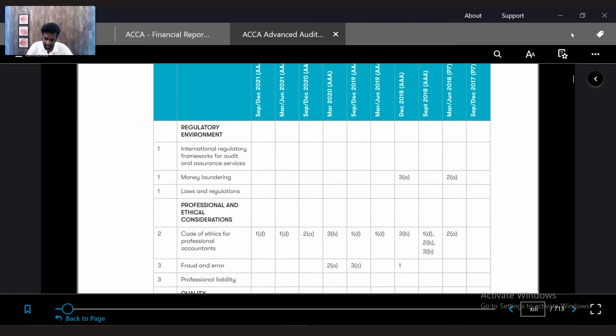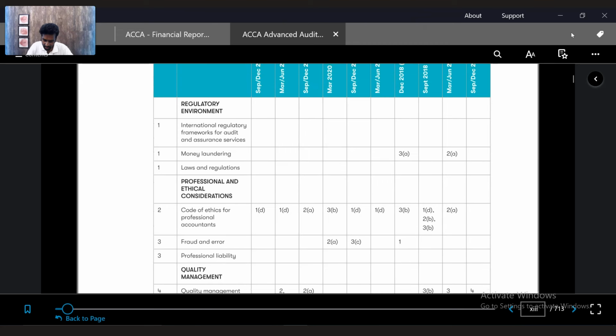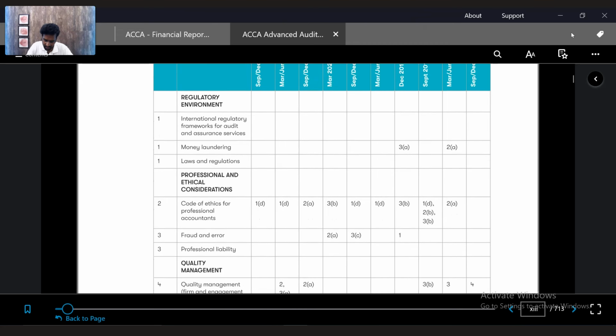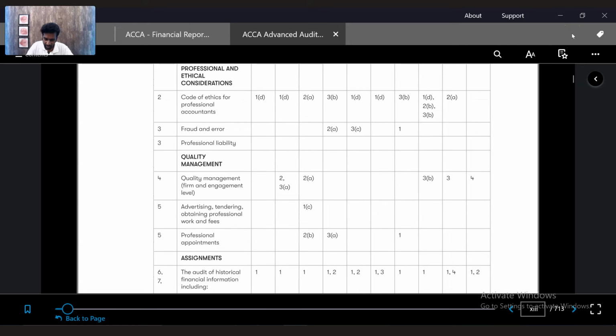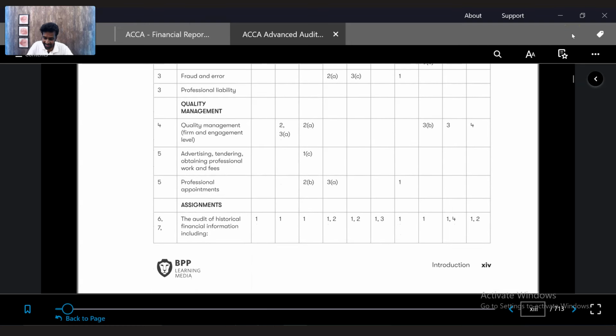Analysis of the past exams, as you can see, the majority of the exams, ethics is very important. So they are frequently asking questions from ethics, and that's quite frequently tested during the case of examination. Quality management is also very frequently asked, but definitely